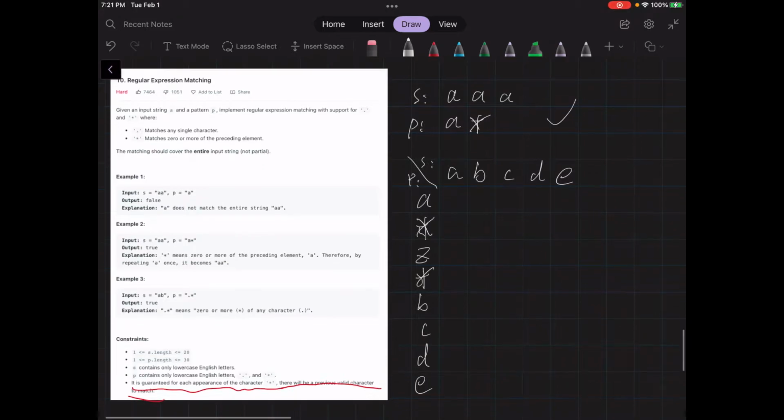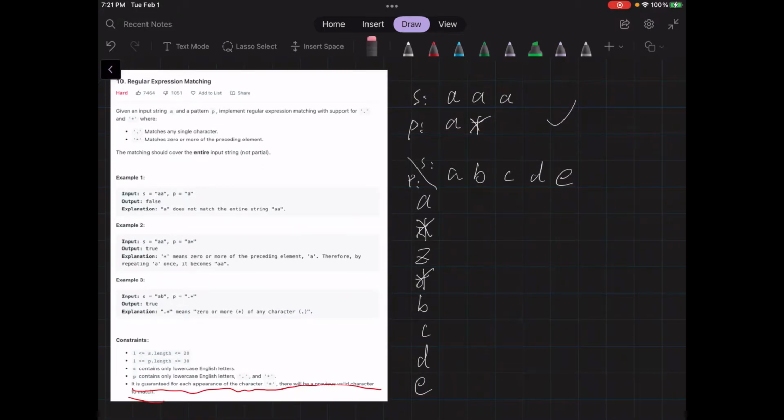Maybe we can change this to a dot. If two elements are the same, we know that this is a valid position, and that's obvious. Or if we encounter a P that is a star,